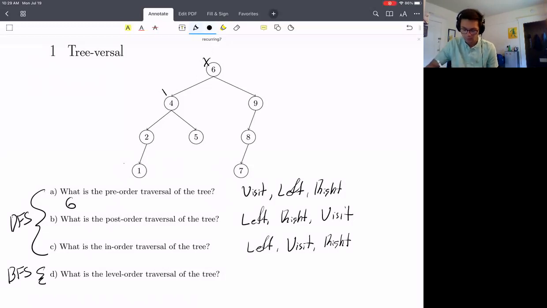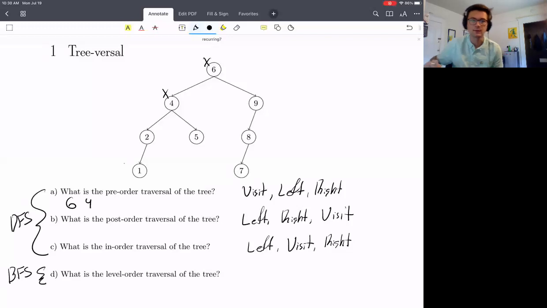So now on 4, we're going to visit, and we're going to go left, right? Remember, we're going to put this right traversal on hold because going left necessitates we go recursively to the next layer. We go to the 2 node. First thing we do is we visit, and then we are going to go to the 1 node. So the 1 node, we're going to visit it, and now we're going to visit one's